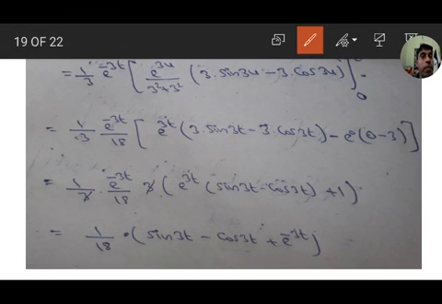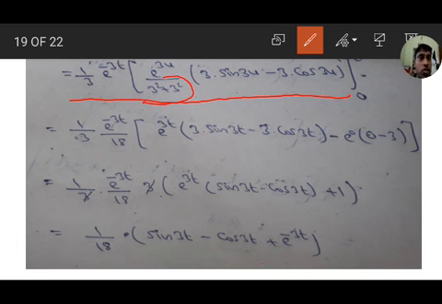That is 1 by 3 into e to the power of minus 3t. Last step: this is e to the power of 3u by 3 square plus 3 square, that is 3 into sin 3u minus 3 into cos 3u, from 0 to t. So first the upper limit. Here 3 square plus 3 square means 18 outside. 1 by 3 into e to the power of minus 3t by 18 is outside. e to the power of 3t, 3 into sin 3t minus 3 into cos 3t, minus the lower limit.